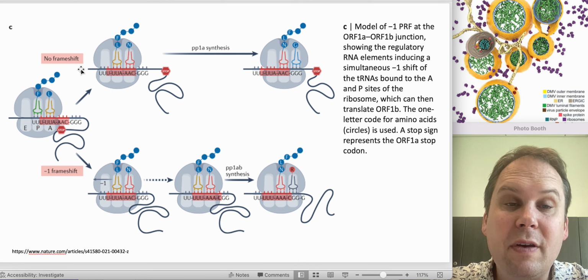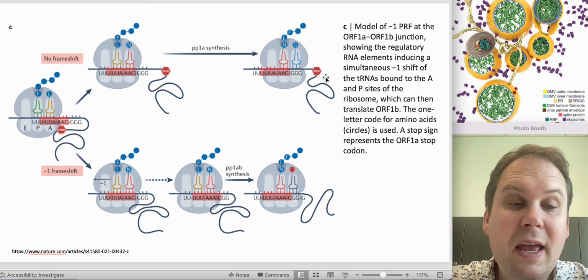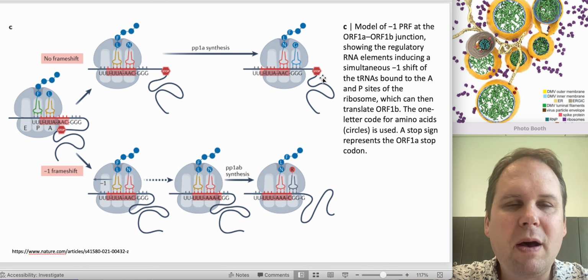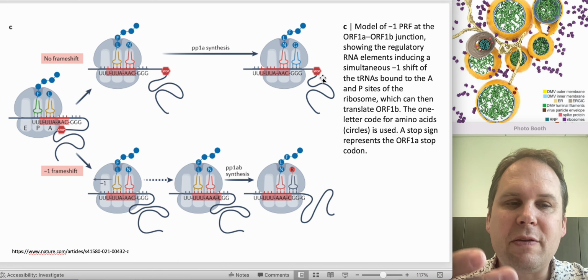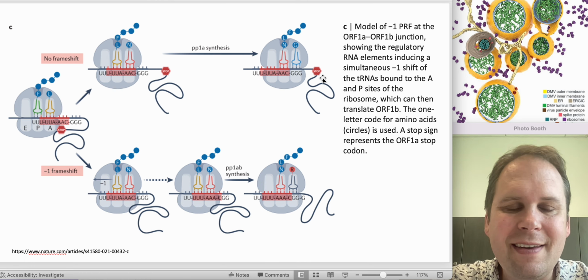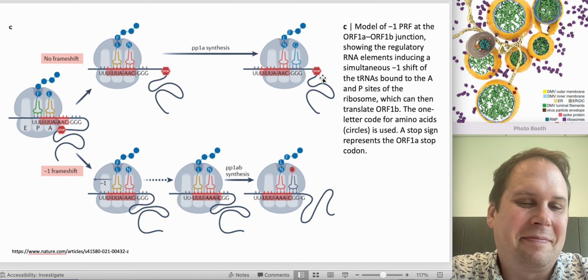As we are translating along, one of two things is going to happen. Either you're going to have no frame shift, in which case you just read these codons like normal, and ignore or unwind that pseudoknot. Then you'll reach the stop codon and it'll stop. If we do that, instead of making GAG, we make polyprotein 1A. Polyprotein 1A is the protein made by translating open reading frame 1A. So open reading frame 1A, or ORF1A, is the gene, and polyprotein 1A, or PP1A, is the protein.